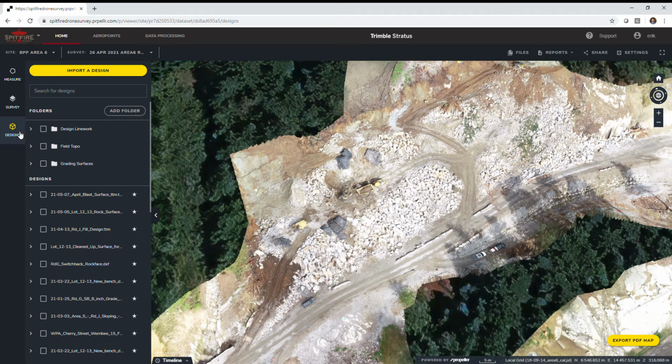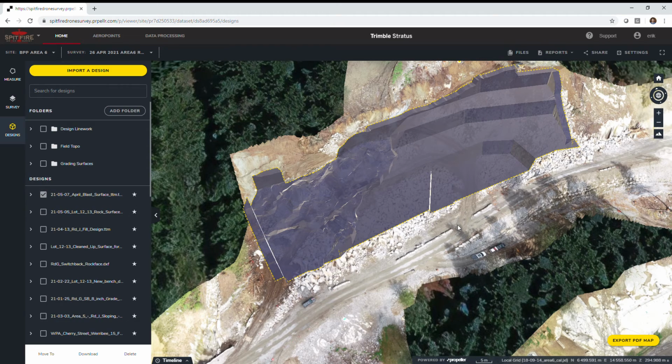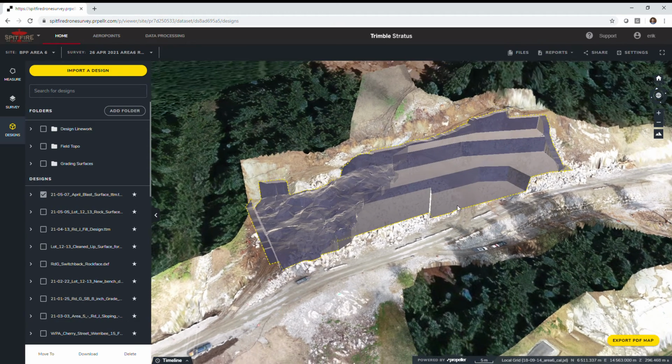Then you will want to know what design you are comparing your cross-section and your survey to. So a design is something that, in this case, Kyle has created. So we're interested here to look at the blast surface that he's created. So this would be the surface that, in theory, the blasters have blasted down to. So I'm going to check that box, and now you can see the surface coming here superimposed on top of